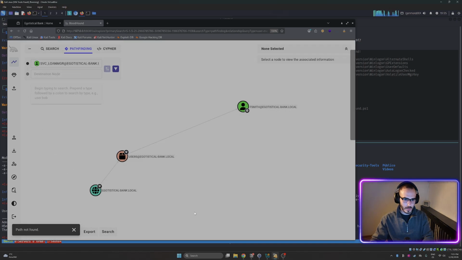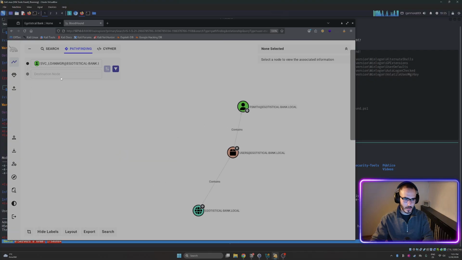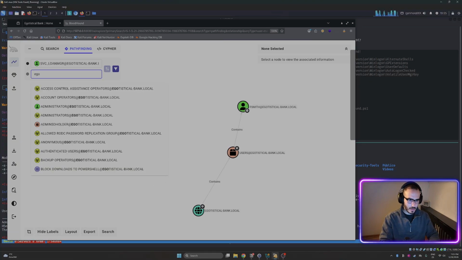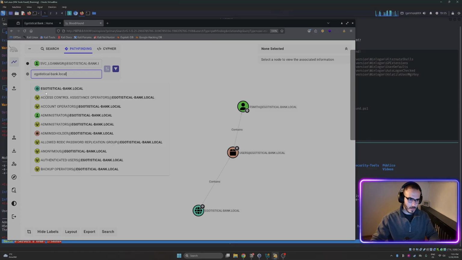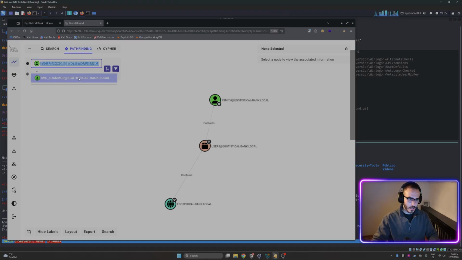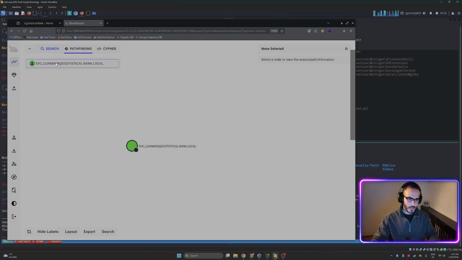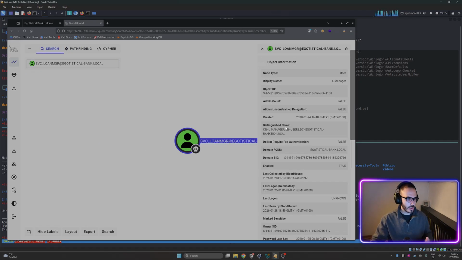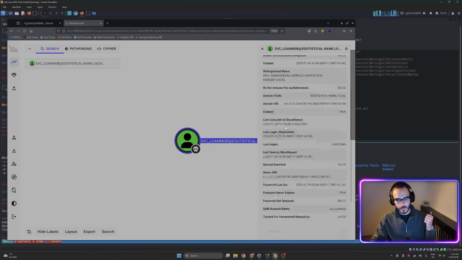I don't know why it doesn't work. It doesn't show me anything. Okay, we can just search for this user and check, like I was saying, member of,